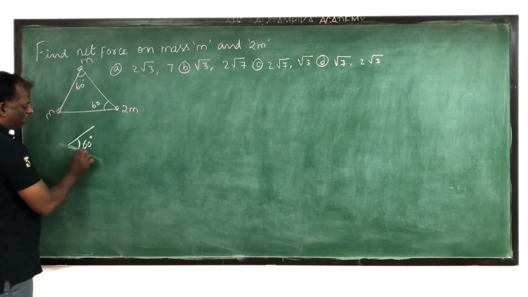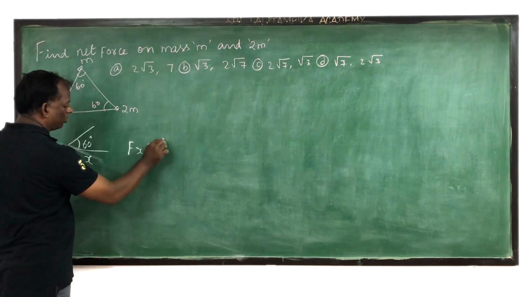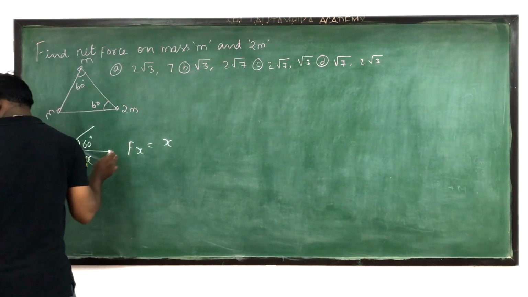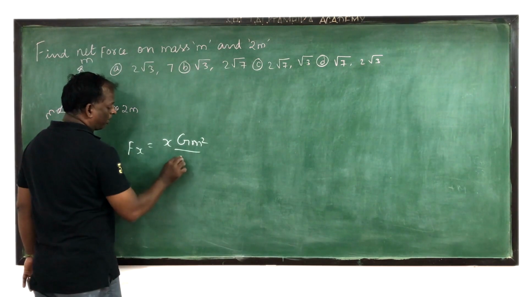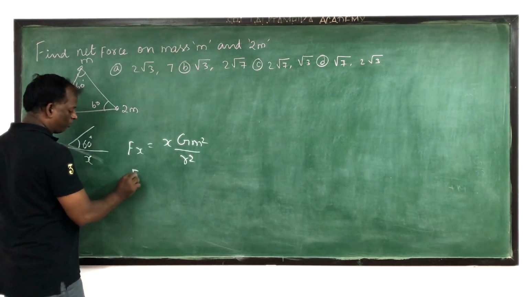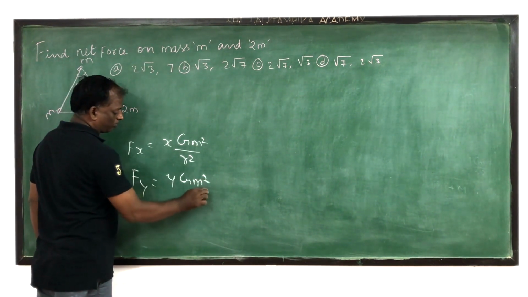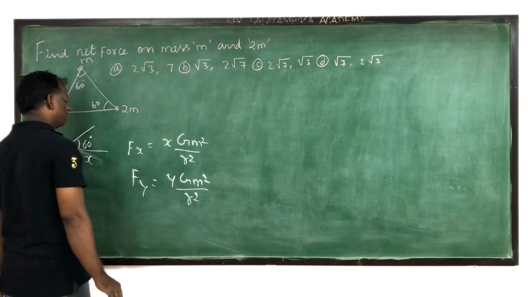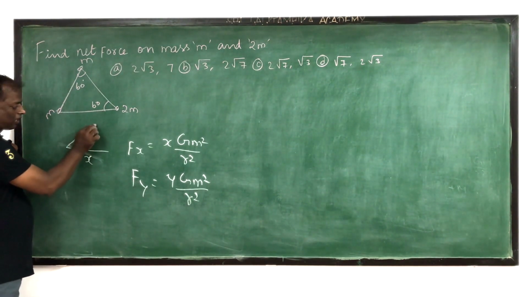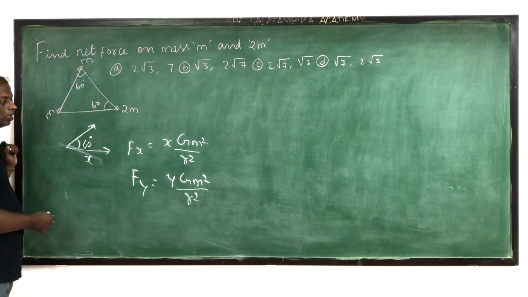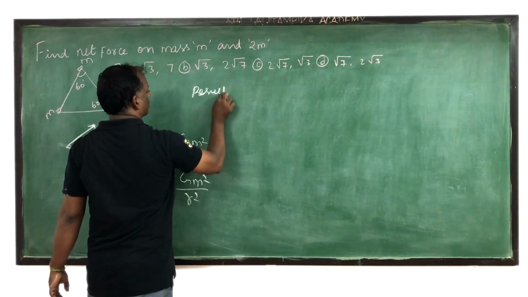So இது பாத்தீங்கன்னாக்கா it is x axis, that is Fx is equal to x into G into m square by r square. Similarly for Fy is equal to y into G m square by r square. So இப்போ நீங்க பாத்தீங்கன்னா what is the resultant force? So the formula for the resultant force is equal to resultant